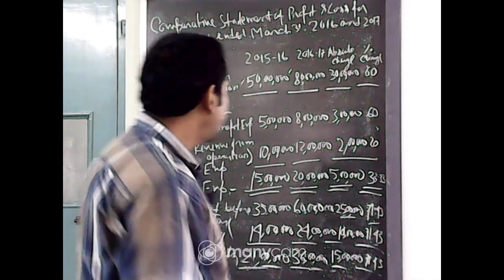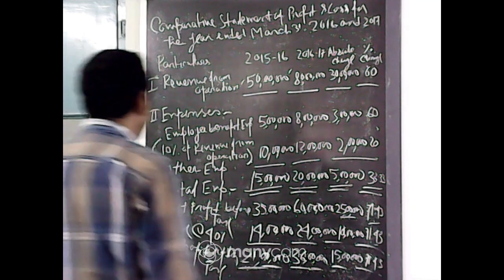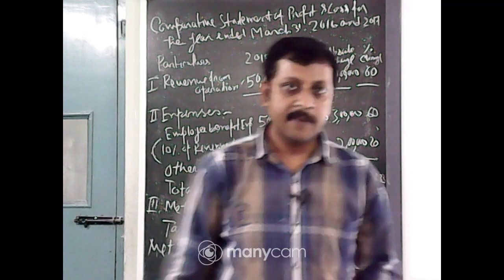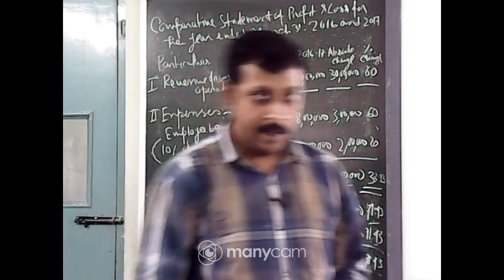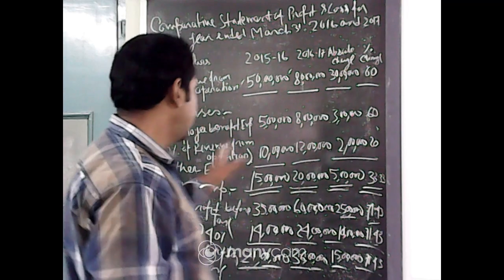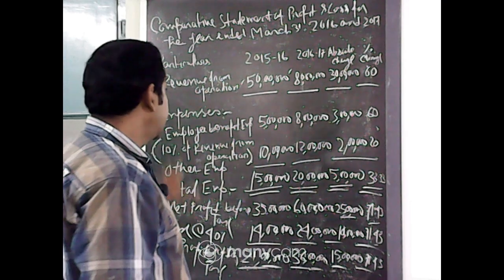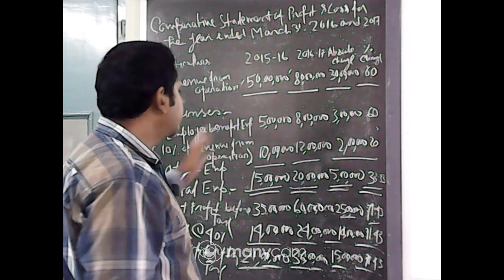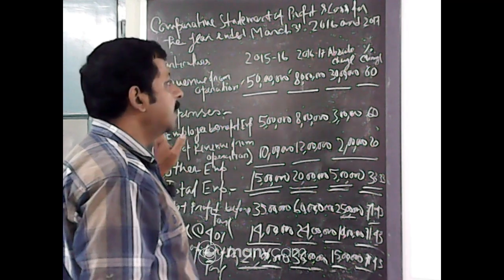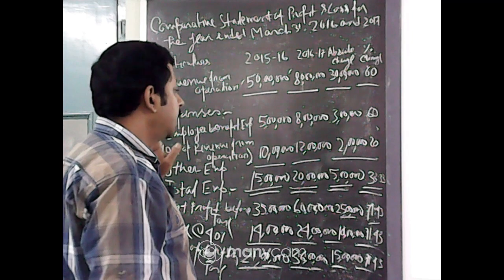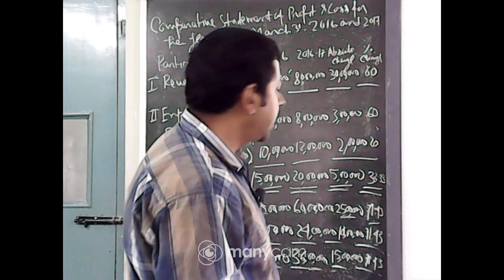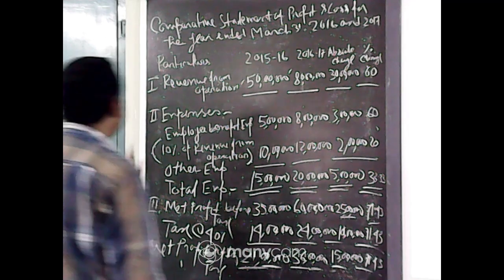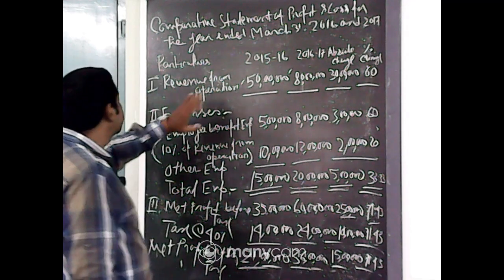This example or problem actually came in the 2018 board exam. So now you can see how easy it is to score the 8 marks if you understand very well. This is not very complicated, you can do it in a very simple way. There is nothing very complicated in it, so understand how we do it.